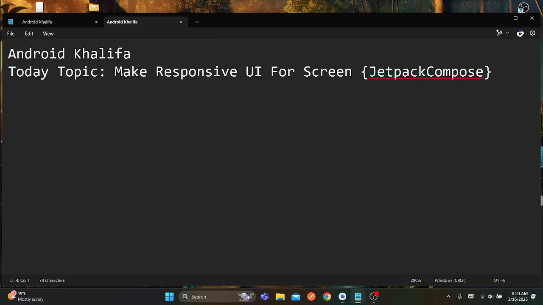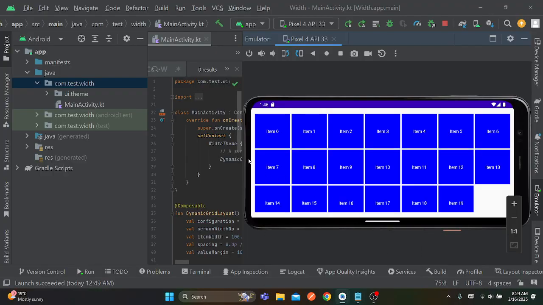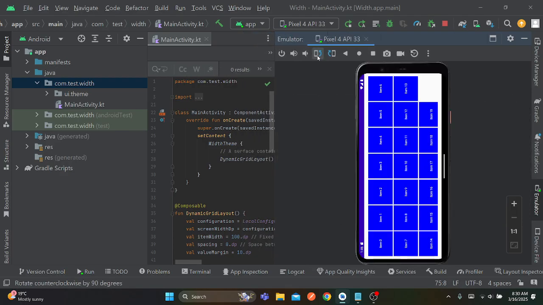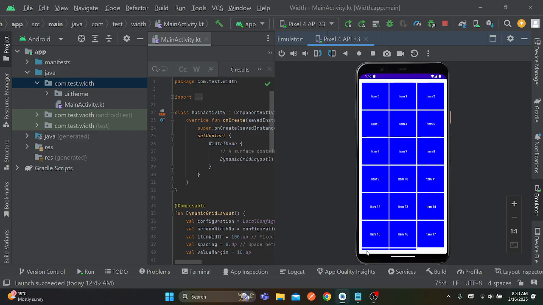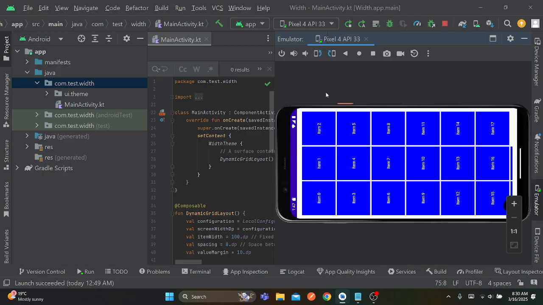Today we will handle how it will look similar on every screen, as you have seen in my previous videos. Once again I am going to show you: if I rotate my screen, is my screen visible to you? Here I am taking boxes in the grid layout. All boxes are similar sizes, height and width are similar. And if I rotate the screen,